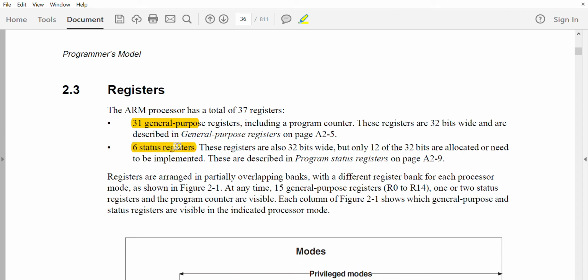All these 31 general purpose registers as well as 6 status registers are 32 bits wide,